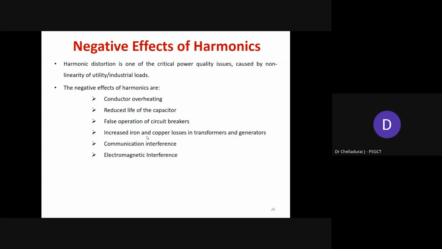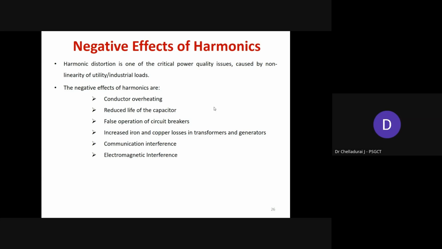So the negative effects of harmonics, we already know. Simply for understanding purpose, here I have listed. Harmonics is nothing but, in any power system network, if the waveform is non-sinusoidal in nature, then that non-sinusoidal waveform contains the fundamental component as well as a number of other than fundamental frequency components. Because of these other than fundamental frequency components, the negative effects of harmonics are conductor overheating, then reduced life